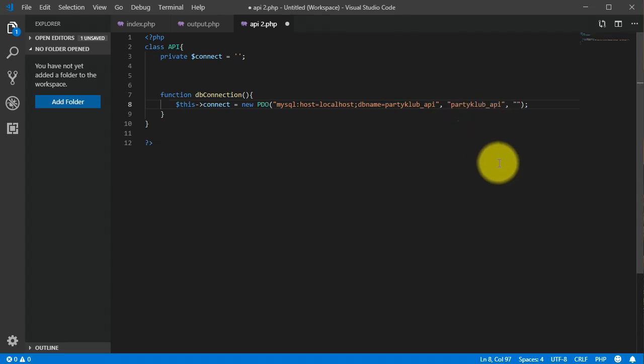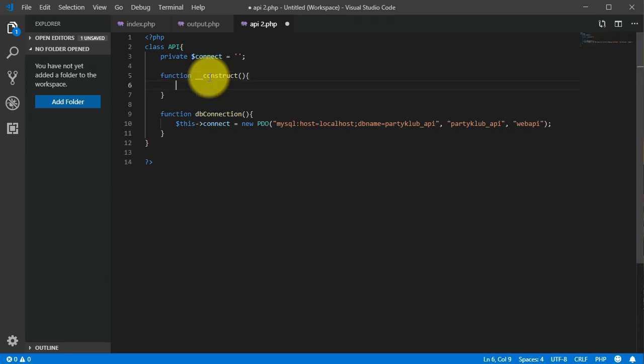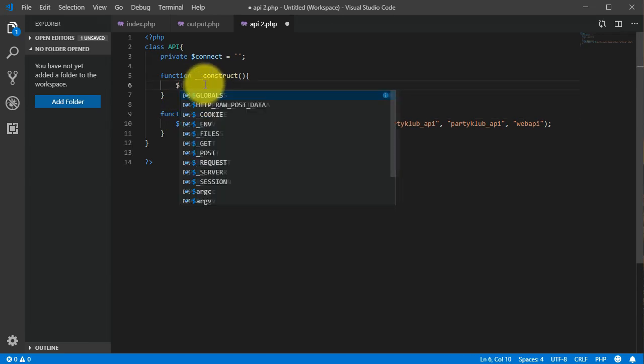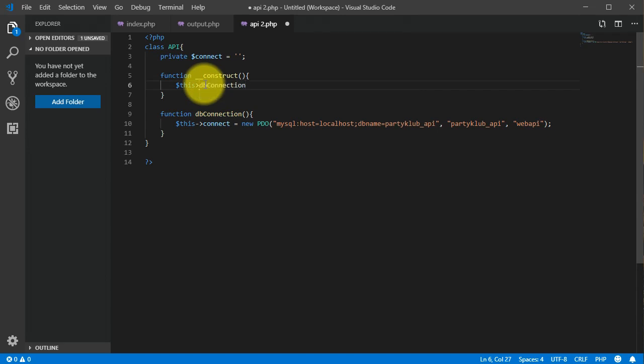In my case it's web API. Alright, looks good. Now here we will have another function, which is the construct. So we have function construct, there is no parameter for that, and then we will just call this db connection function. Alright, looks good. I'm just going to save it like this for now,